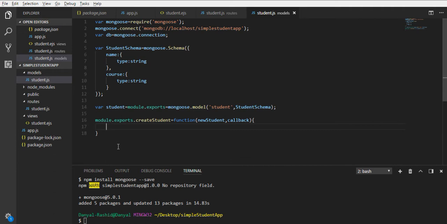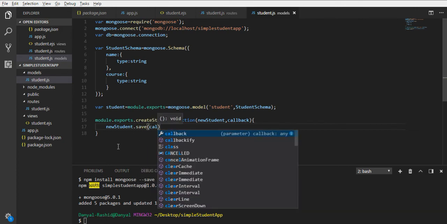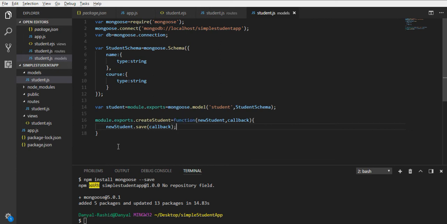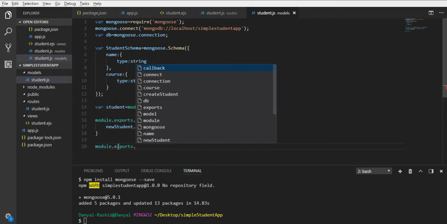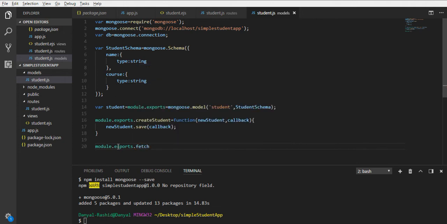And in here we will type newStudent.save, and we will pass callback here. We will be using this in our routes. Another we need is module.exports.fetchStudents, a function with a callback,